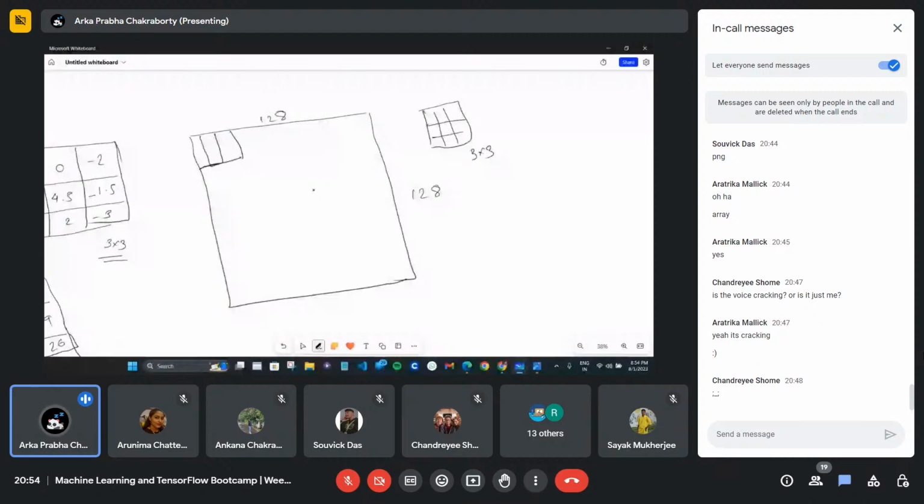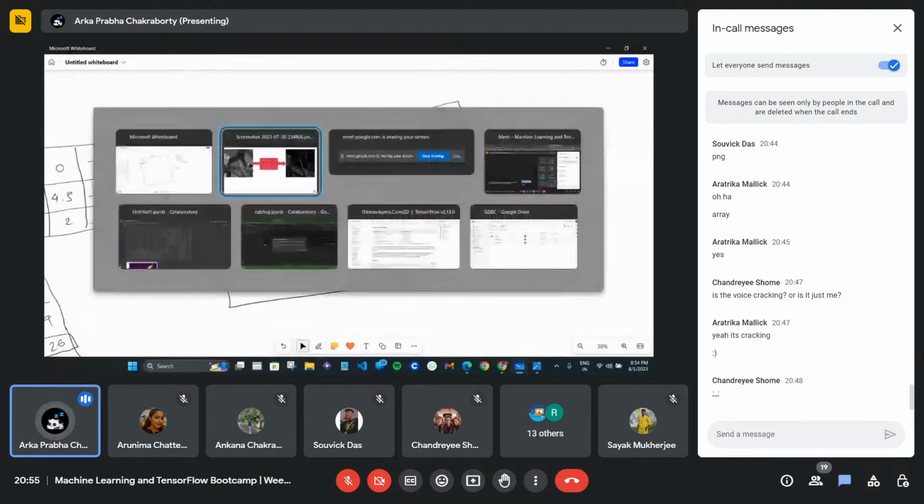After that, the pixel values will change, right? As I have shown you in the image, this will change the entire value.